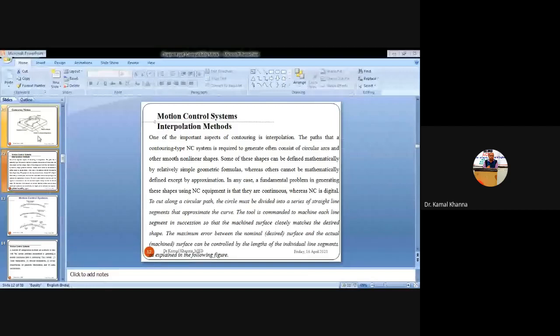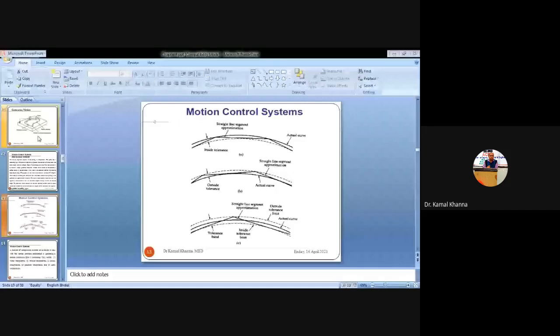I will explain it with the figure also. From the figure you can see this is a circular machining. Whenever you want to perform circular machining and move your tool along a circular path, that circular path is divided into smaller line segments. So whenever you want to move along non-linear shapes, circular shapes, parabolic shapes or helical shapes, you have to divide that circular, parabolic or hyperbolic shape into straight line segments.